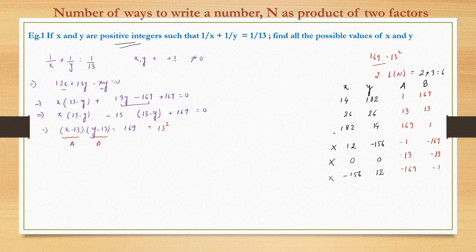So what is the solution? The solution of x comma y is nothing but 14 comma 182, or 26 comma 26, or 182 comma 14. You can say these are the same pair, but since we are concerned with x and y as two different numbers, it is an ordered pair. So in one instance x is taking a value of 14, in another instance y is taking a value of 14. Hence three possible solutions are there. So three solutions, this is the answer. The main emphasis should be on the approach, I mean how to move ahead with such questions.